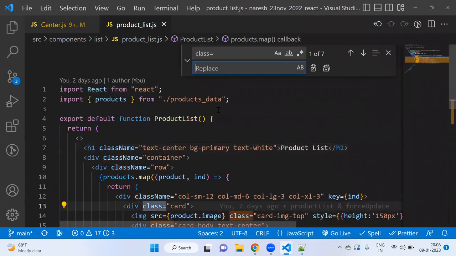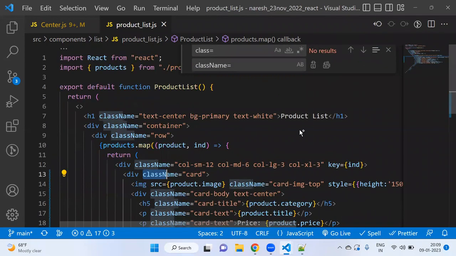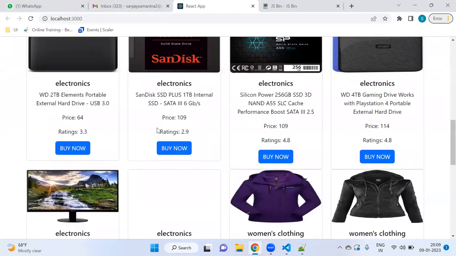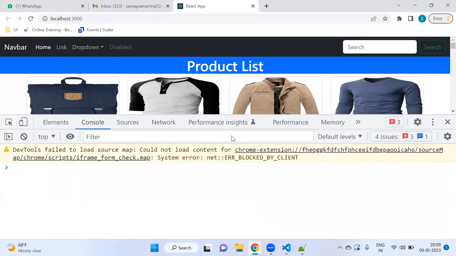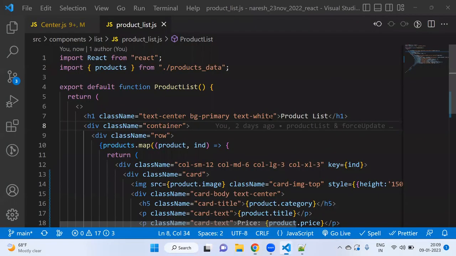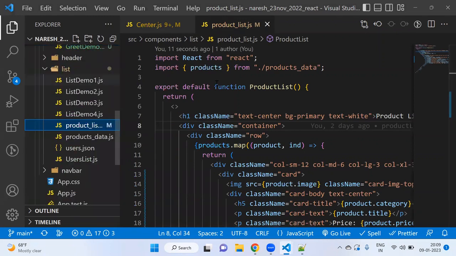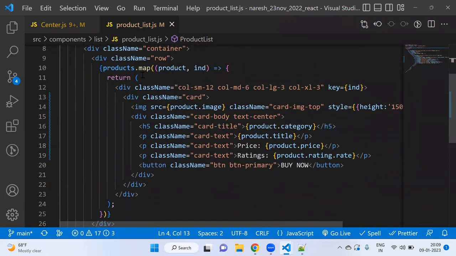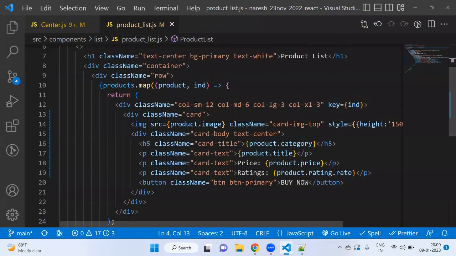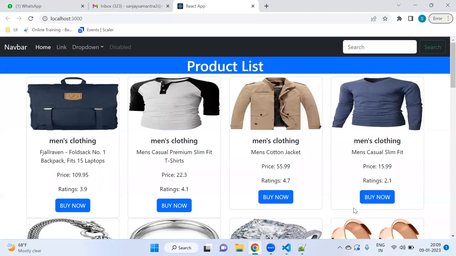Now, this is my product list component, which shows a list of products. Now, can we break it down into two components? This is product list, right? What I want to do is break it down into two components. One is product, one is product list. Starting from here to here, this much,